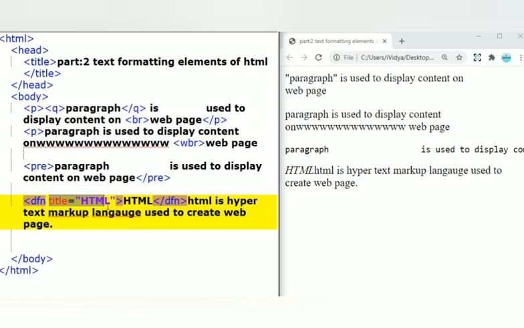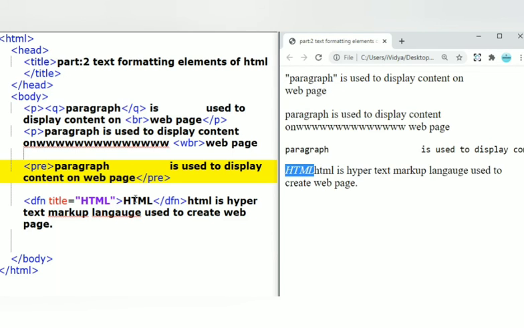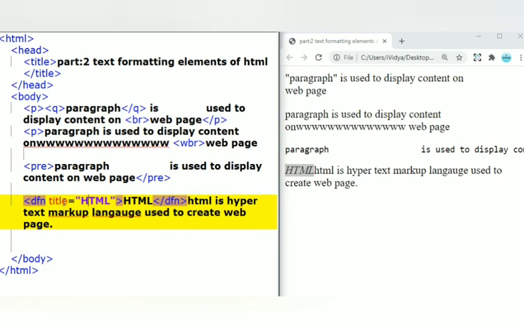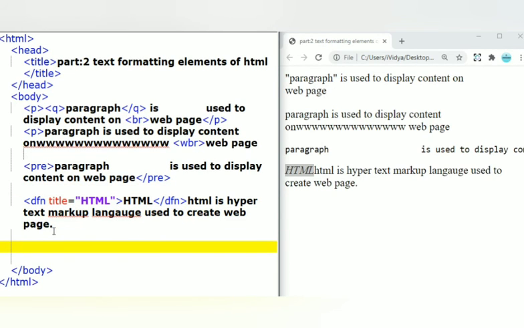This is the format of writing attributes: first the name of the attribute, then equal symbol, and the value of that attribute should be written within these quotes. Then closing of the open tag. Save and define. There is no difference, but you are giving a value for the title here. There will be no changes displayed on the web page.